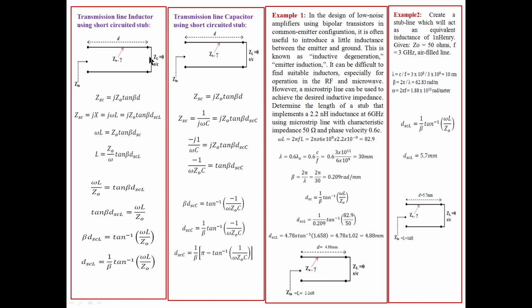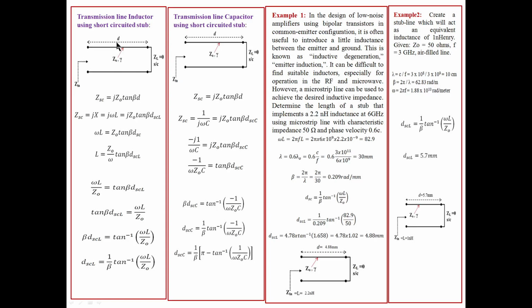Next, what do we have to do? On the VSWR circle, first you mark the load ZL. Shorted stub means ZL value equal to 0. You mark it on the Smith chart. Wherever ZL equals 0, from there you draw the VSWR circle. Mark the load, draw the VSWR circle. From the load point, you move towards the generator, like this, that means in the clockwise direction.